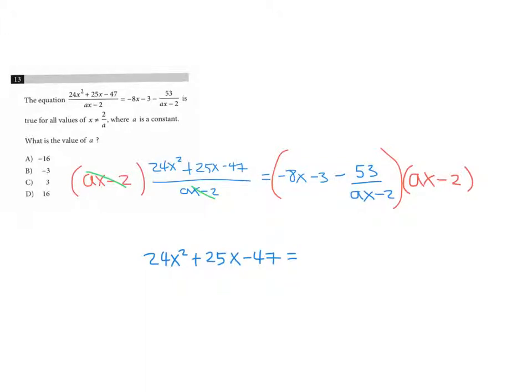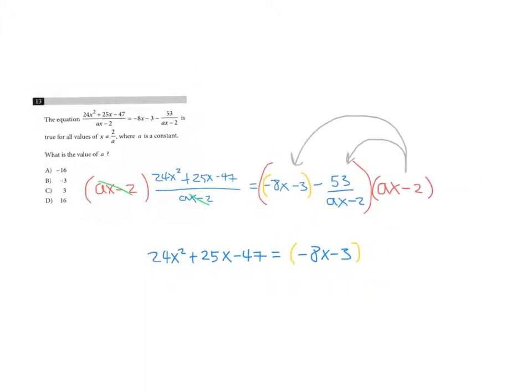But you can kind of think about this negative 8x minus 3 as its own term, and you are going to be distributing the ax minus 2 to that guy, okay? So right now, I'm going to sort of denote that first situation where it's negative 8x minus 3